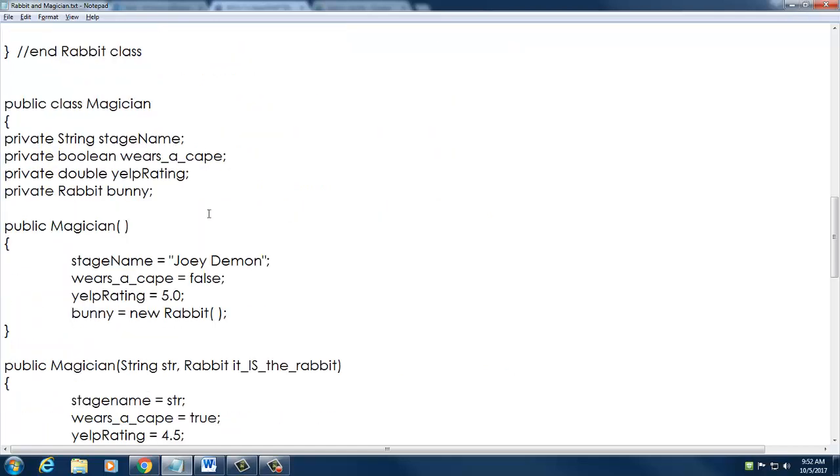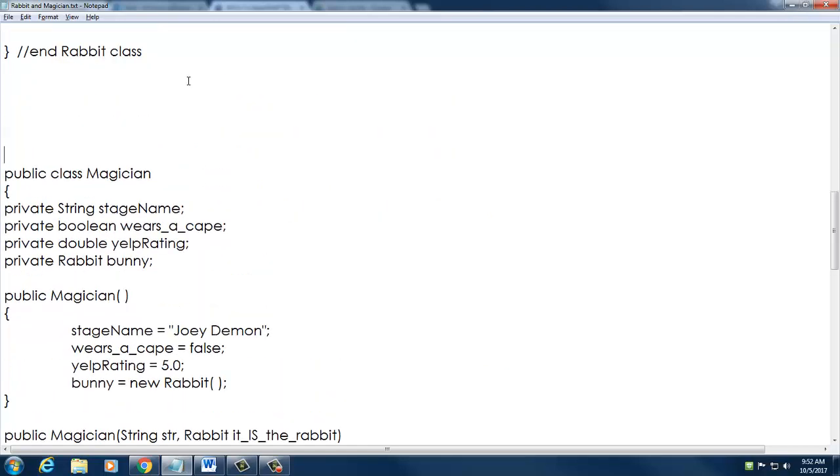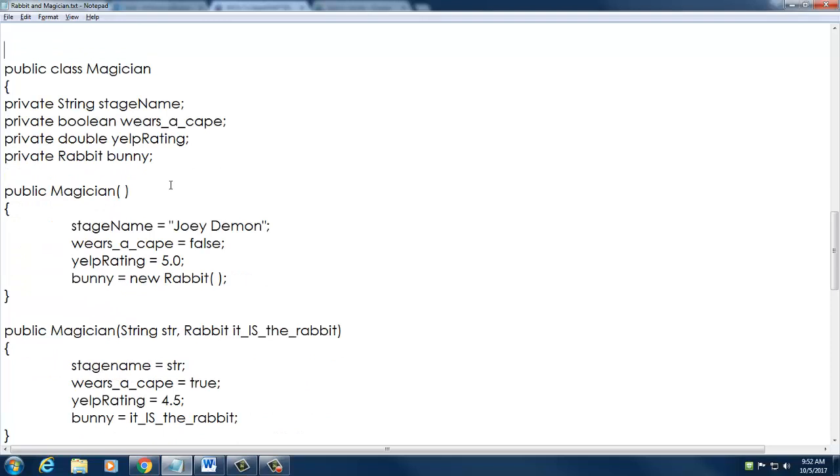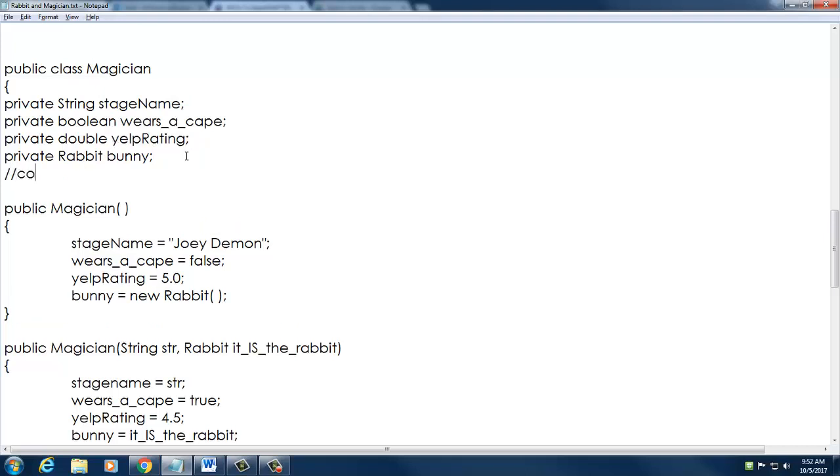I've got a magician class too. Now, if I was doing this in Eclipse, I would have a rabbit class inside the package, and I would have a completely separate class, right? I would add a new class to the project, and I would call the class Magician. And magicians have stage names. They wear a cape, or they don't. They have a Yelp rating, and they've got a rabbit. I can tell you right now that a common error is this,